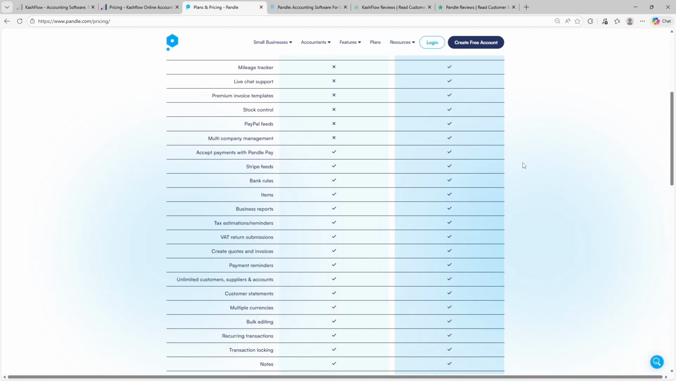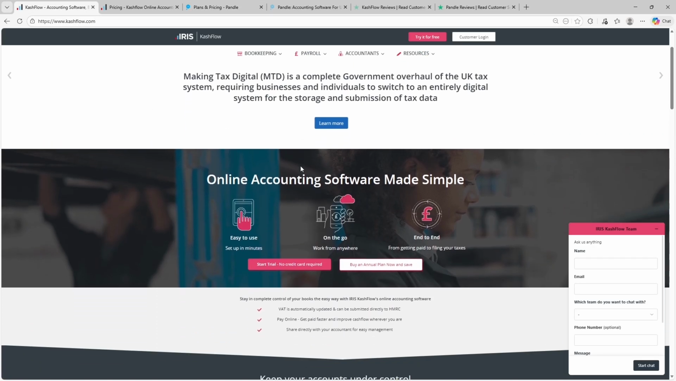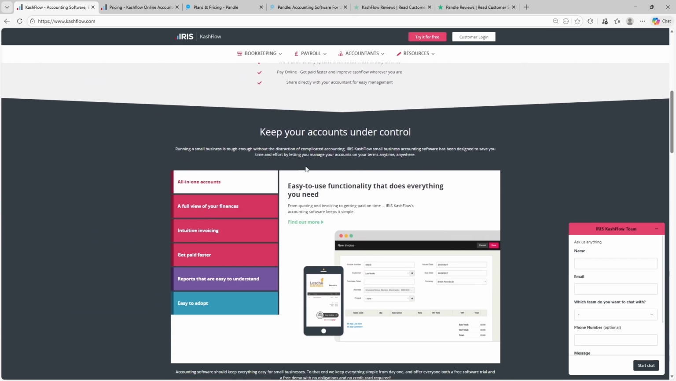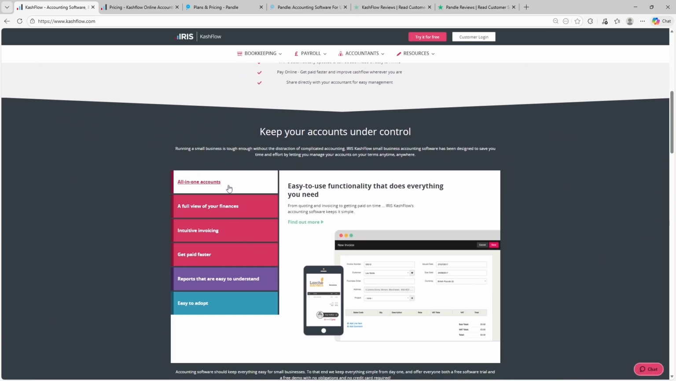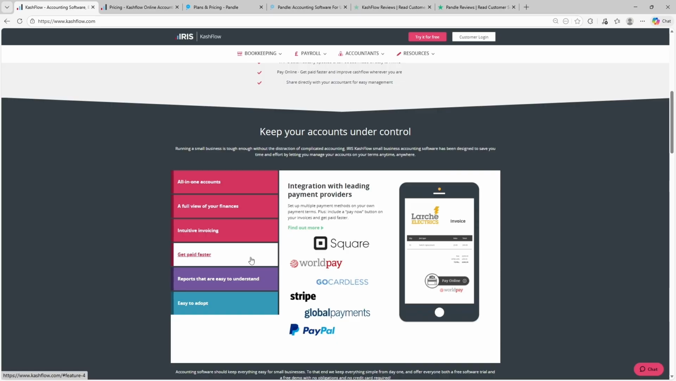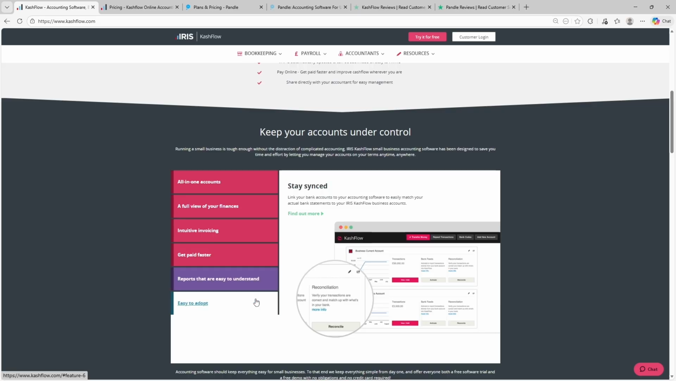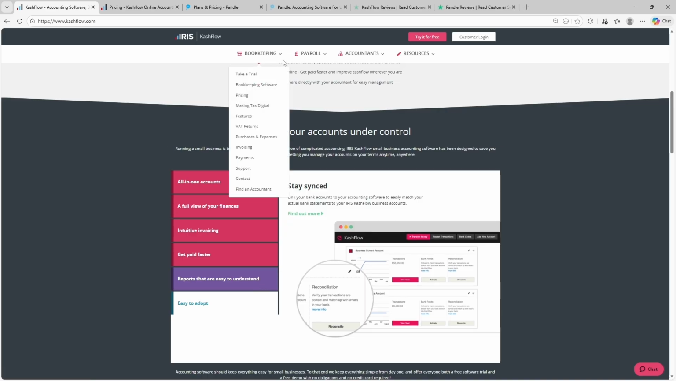Moving into features, KashFlow focuses on familiar, day-to-day accounting workflows. It supports invoicing, quotes, expense tracking, VAT management, bank reconciliation, mileage tracking, and cash flow visibility. The dashboard is customizable and designed to surface key numbers quickly without overwhelming users. Reports are practical rather than flashy, covering profit and loss, VAT summaries, customer balances, and basic performance insights. KashFlow is designed for business owners who want to get in, do the work, and move on, rather than spend